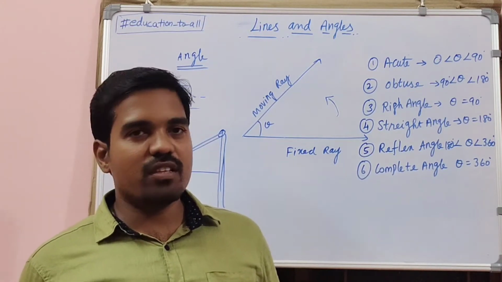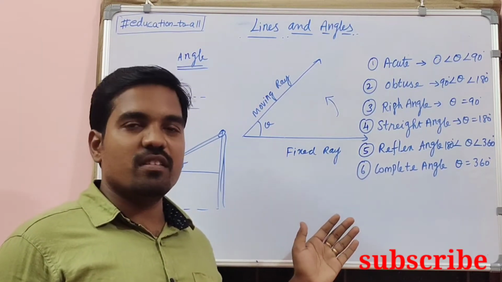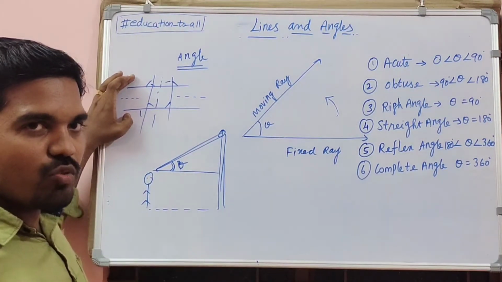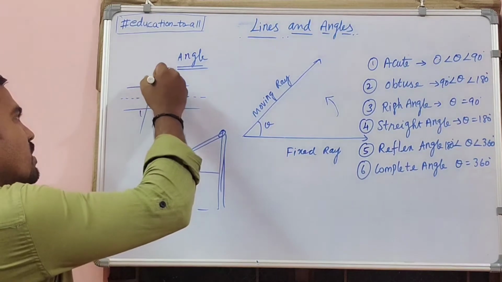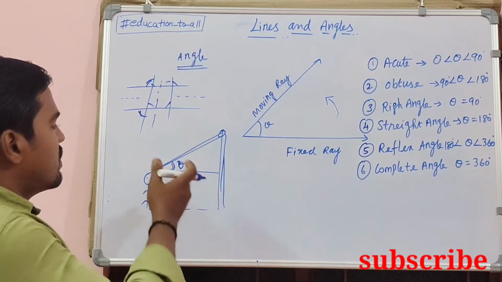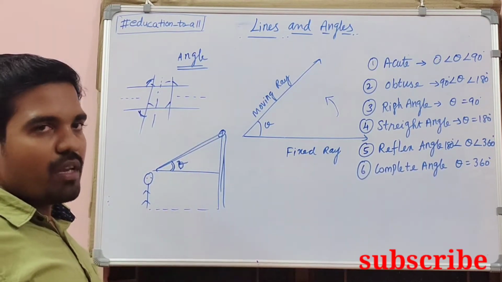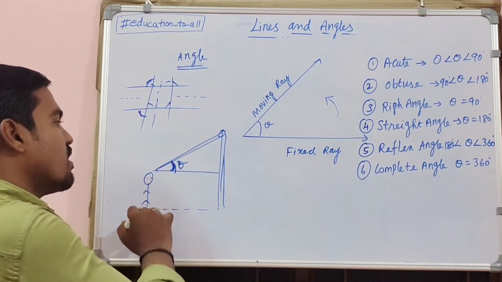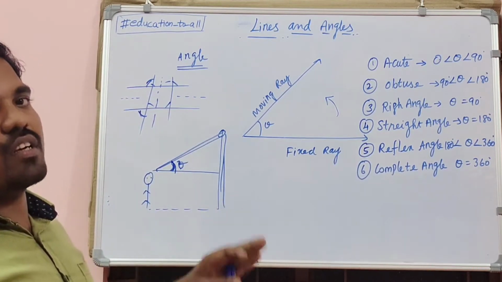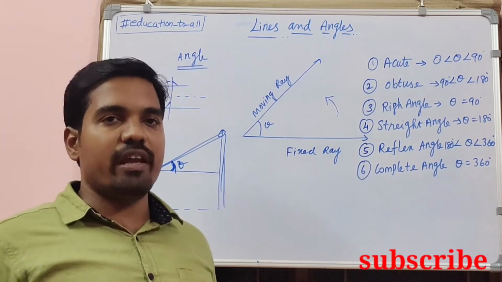So today we are going to discuss the topic lines and angles, the applications of lines and angles. Every day we are observing this. While we are facing the junctions of two roads, the angles are forming. While constructing a road, angles are also considered. And see here, a boy is watching the top of a building or fort or whatever it may be. Using this angle we can measure unknown heights using trigonometry. In many ways, angles are very helpful in day-to-day life.